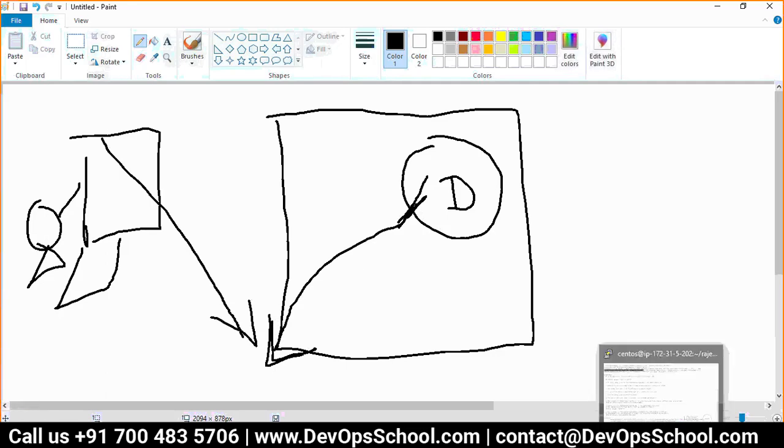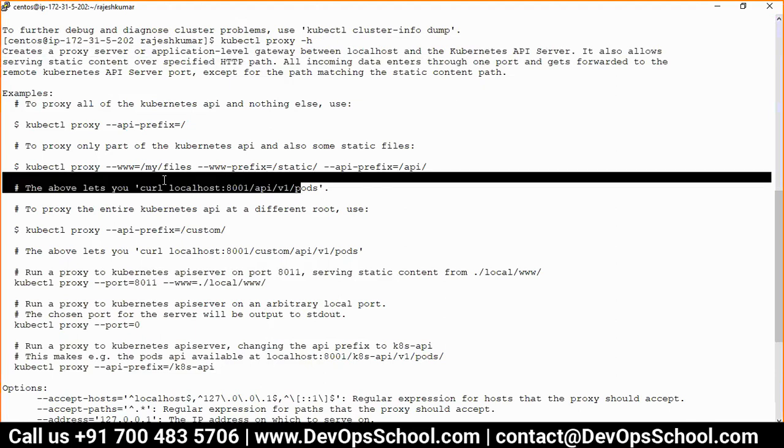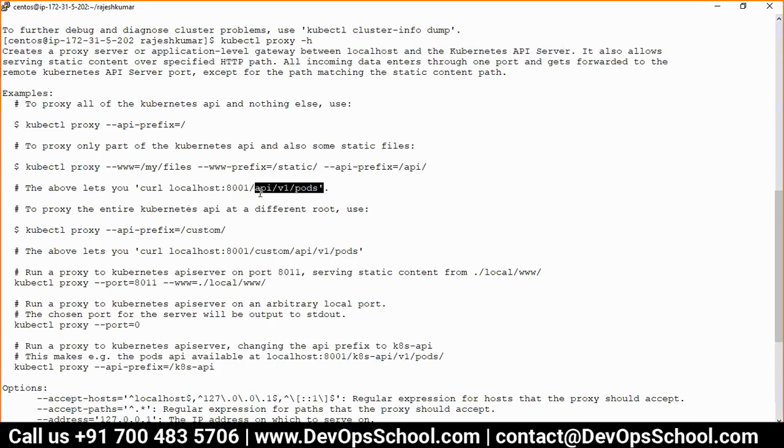The second use case is you want to get some content from the API server. See here, the API server, but at the same time you want to use it through an application level gateway. When I say application level gateway, it means that you write the API code through your code. So you want to access the Kubernetes server through an application to get some information about, let's say, a pod. So what do we do? The application will not run kubectl.